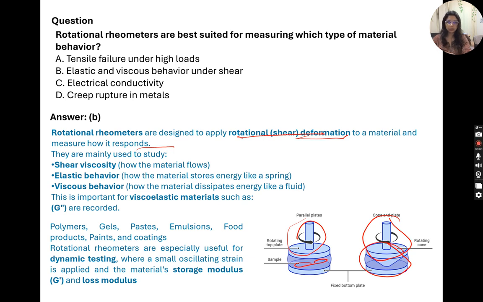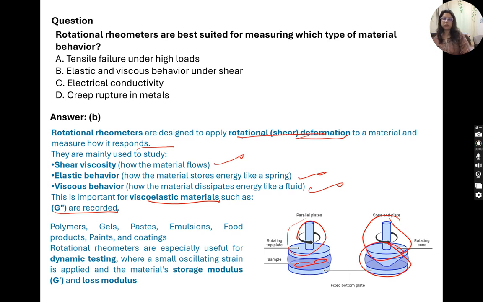So that's how the shear deformation is measured with rotational rheometers, and they are mainly used to study the shear viscosity, like how the material flows under shear stress, the elastic behavior, like the material stores energy like a spring, and the viscous behavior, like how the material dissipates energy like a fluid. This is important for measuring viscoelastic materials, with G' and G'' recorded, the storage modulus and the loss modulus. The storage modulus shows how much energy can be stored, showing the elasticity,